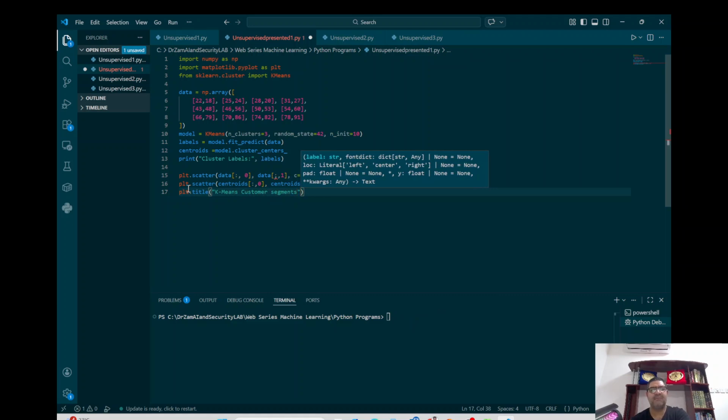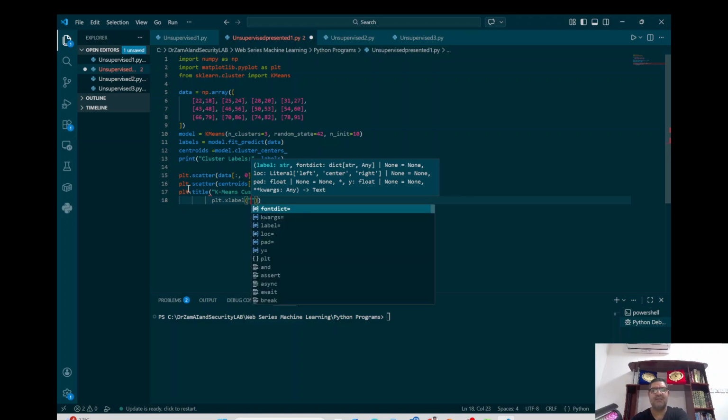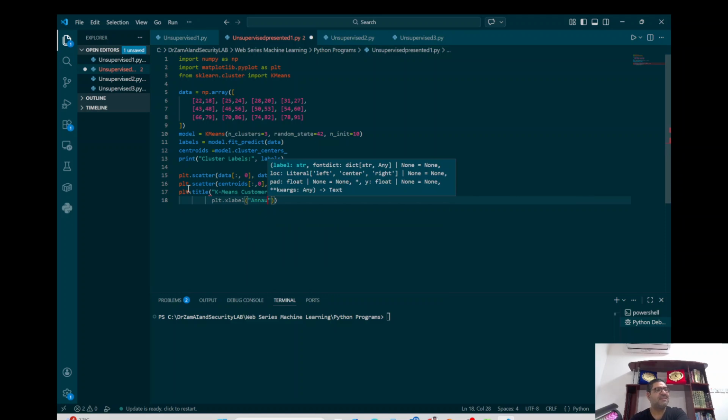And then we can again have the x label like we did earlier. All of this is optional. This has got nothing to do with the machine learning algorithm itself. I think I have made some mistake out here. So plt.xlabel is equal to annual